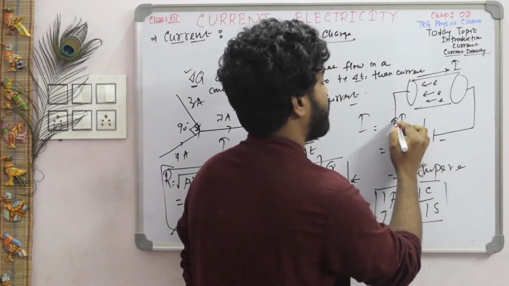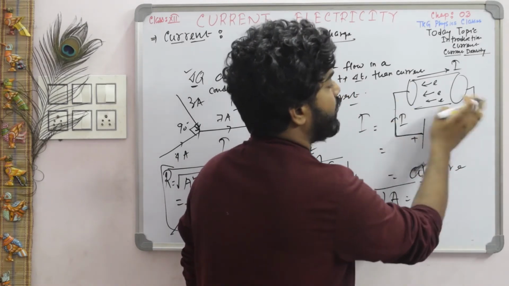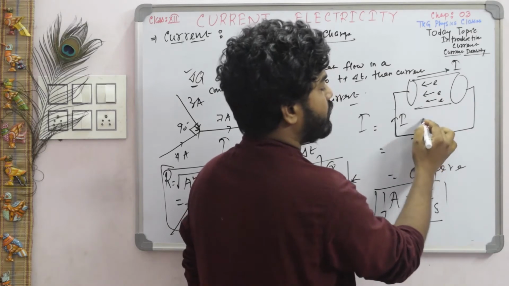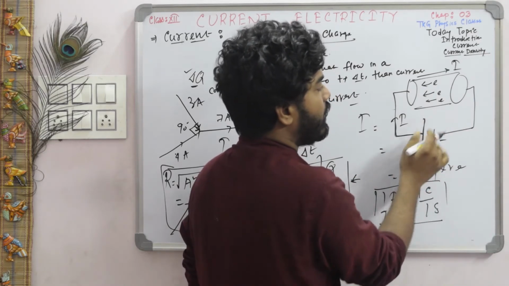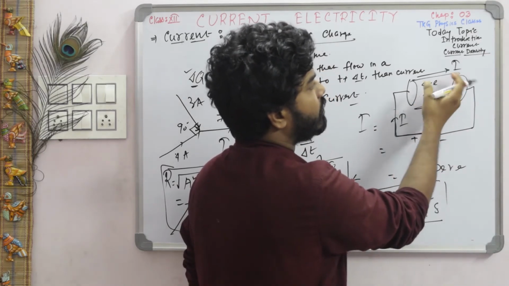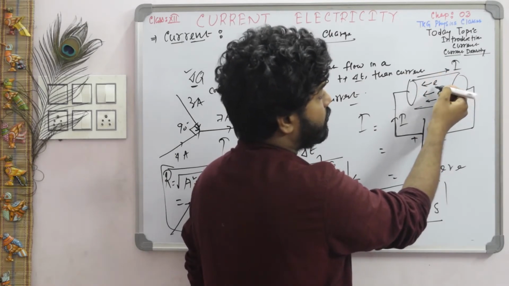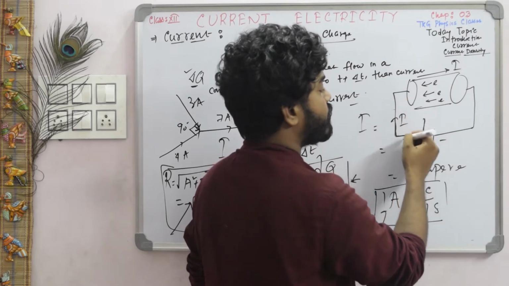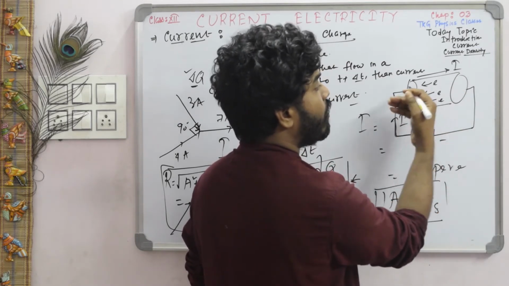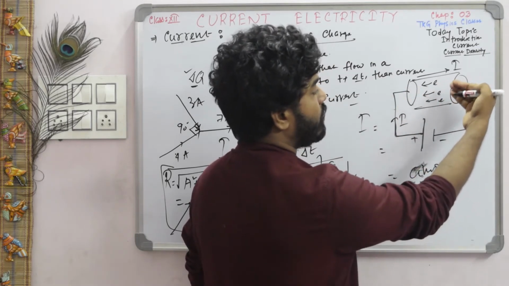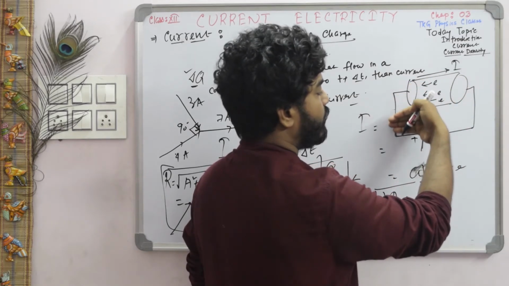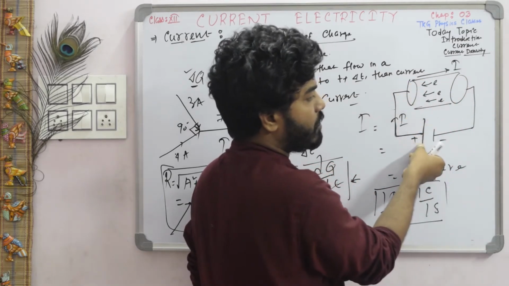So, the direction of current is always positive to negative. If there is a positive potential, and in the conductor there is a large number of electrons with negative sign, these negative charges become attracted by the positive terminal. So, the flow of electrons is always along this way, attracted by the positive terminal.